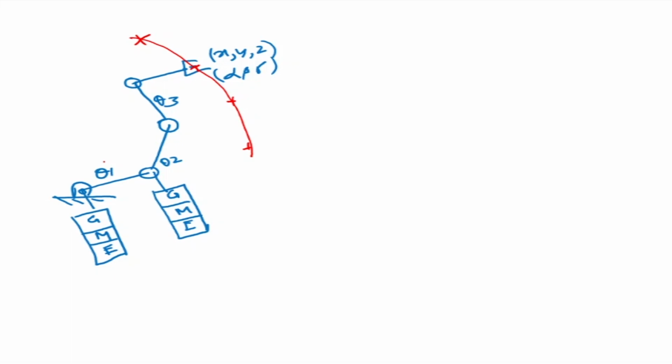Another example is when the end effector is picking up an object. For example, there's an object here kept on a table, and the robot has to go and pick it up. This is the point P2. So the robot has to go there and pick it up in some configuration. In order to take it from here to here, the motors will have to be actuated such that the joint angles change, and the joint angle change will result in the end effector coming from here to here. You control the motor by giving a voltage there. So let's talk about, in the last class I talked about the actuator space.